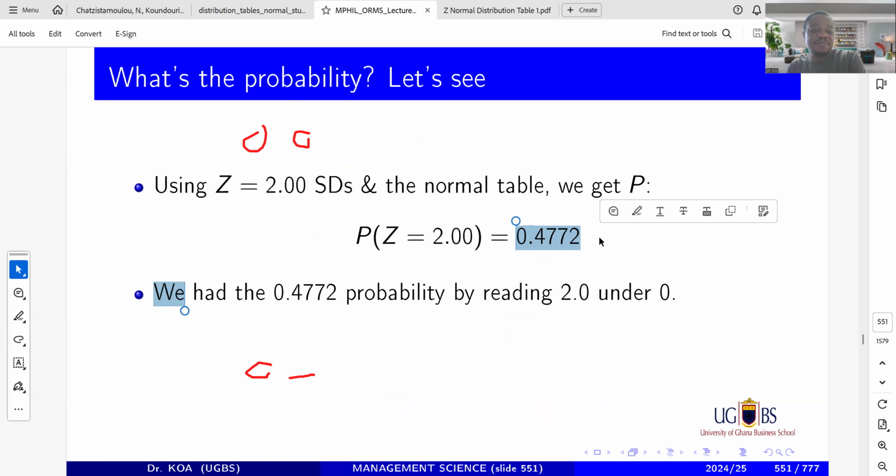47.72%. So what this means is that if I pick a Kayayo seller from the market, the chance of that Kayayo earning 200 cedis is quite slim. Why? Because we were able to find out the mean salary was 100 cedis. So the chance of a Kayayo earning double of what the average is, there's some chance, but the chance is not 50%, it's 47%.